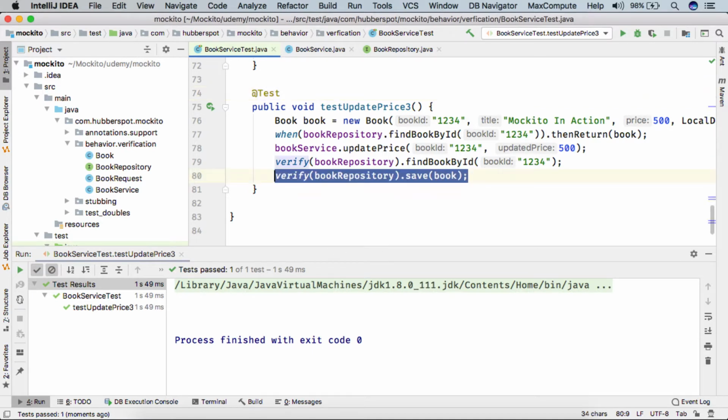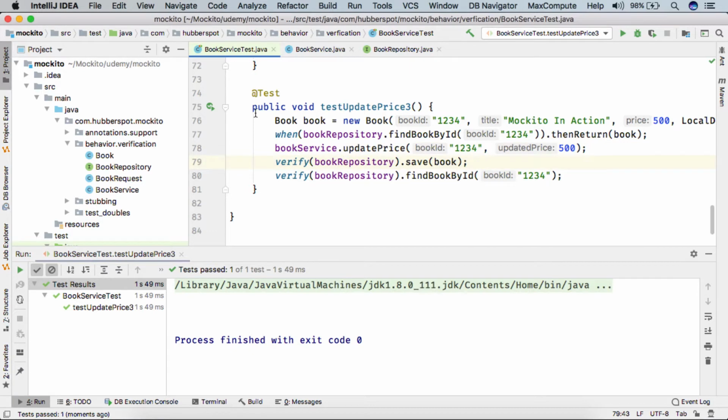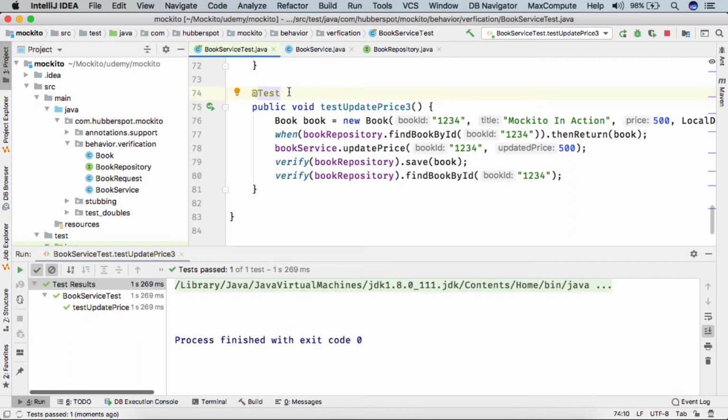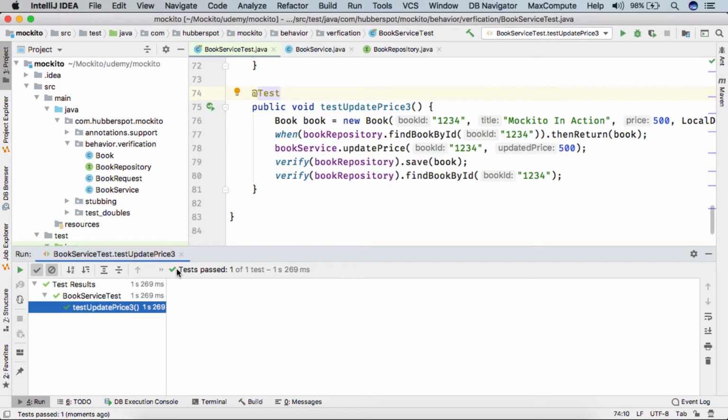And if I cut this and paste it here, and run the test case, you can see the test case still got executed successfully, even though we simply changed the order of the save and find book by ID methods.